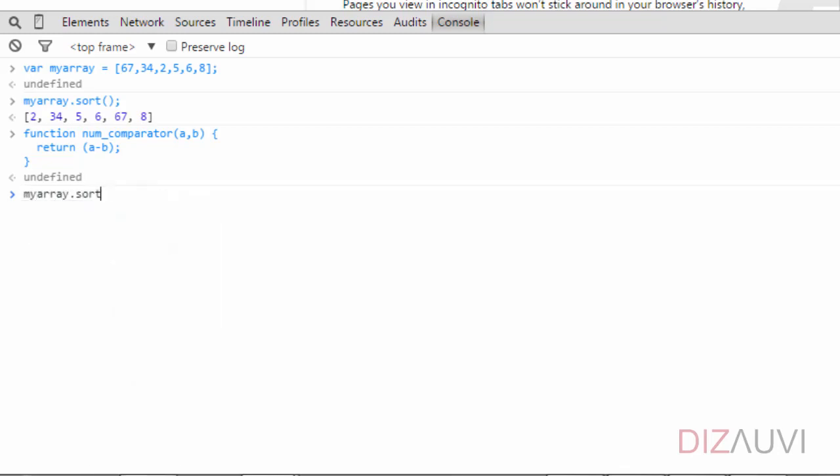Alright, so let's pass this function itself to the sort function. And note that we are not invoking the function. So there is no use of parenthesis. We are just passing the function object itself. You will see this in detail later when we talk about functional programming. So let's run it. And indeed the numbers are sorted in ascending order.